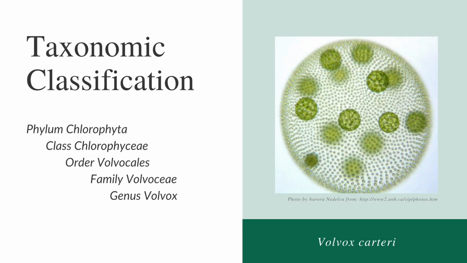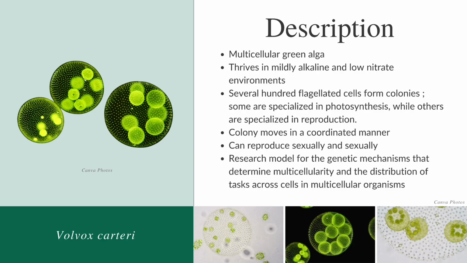Now let's move on to Volvox carteri, which is under the family Volvocaceae. These are multicellular green algae that can thrive in mildly alkaline and low nitrate environments. Several hundred flagellated cells form colonies. A somatic cell in a Volvox colony has 2 flagella and an eye spot that can be used for light reception. Individual cells are connected by cytoplasmic threads that allow cell-to-cell communication, and it also allows the colony to travel